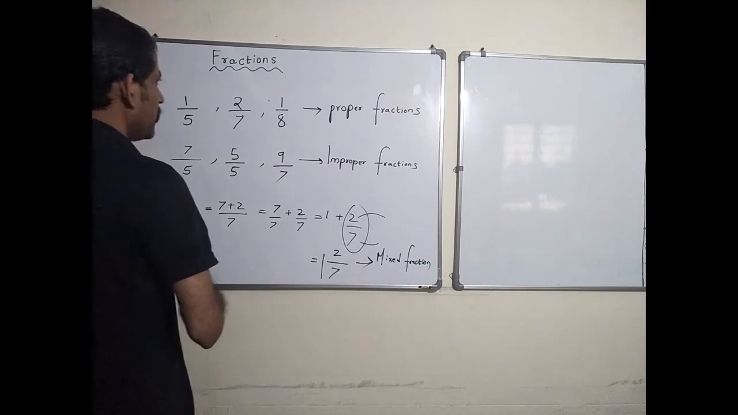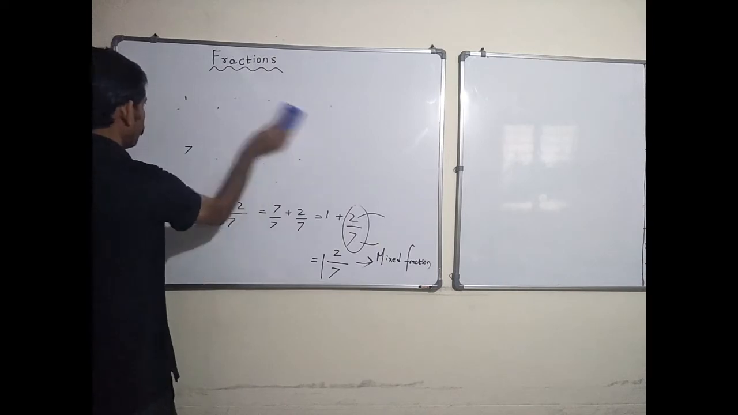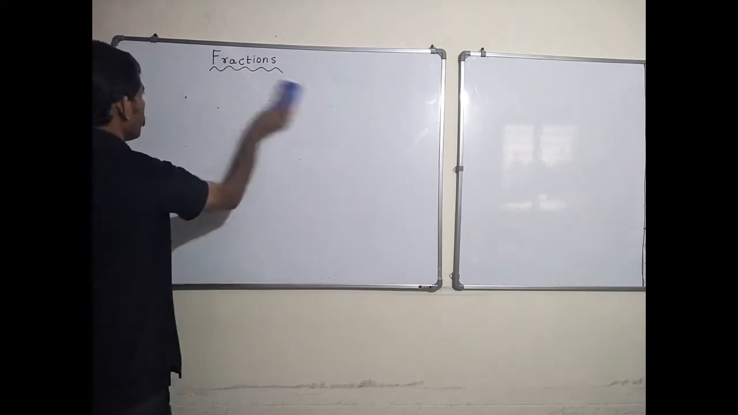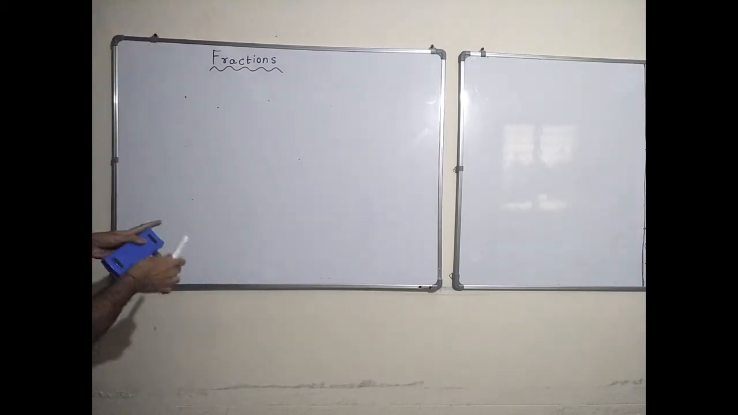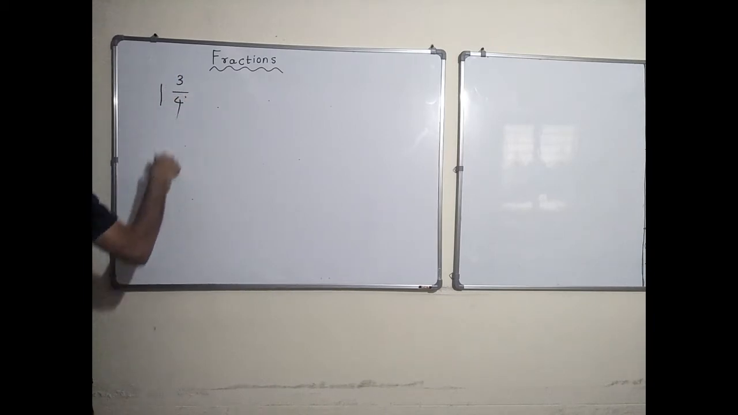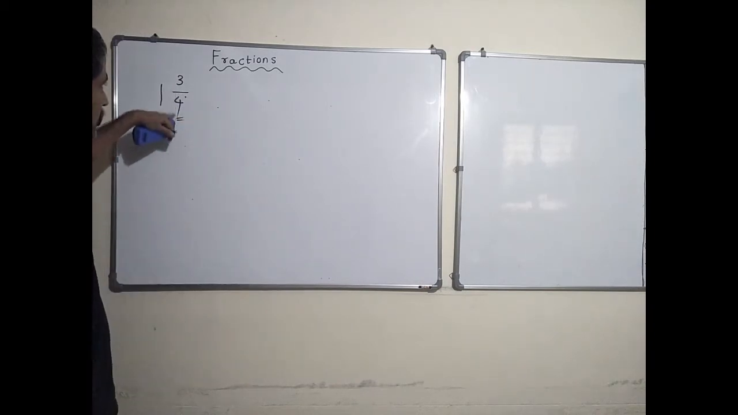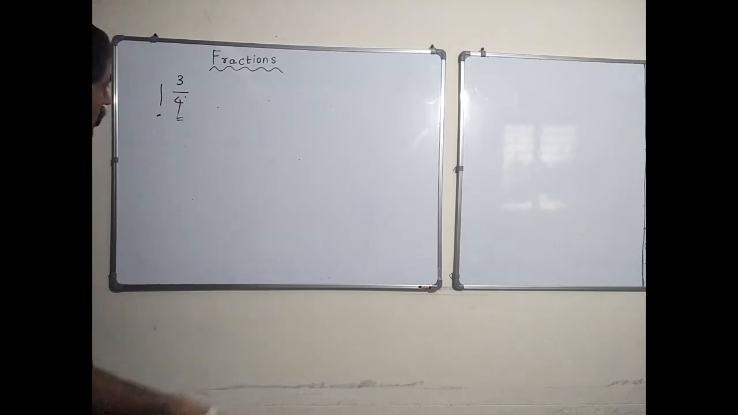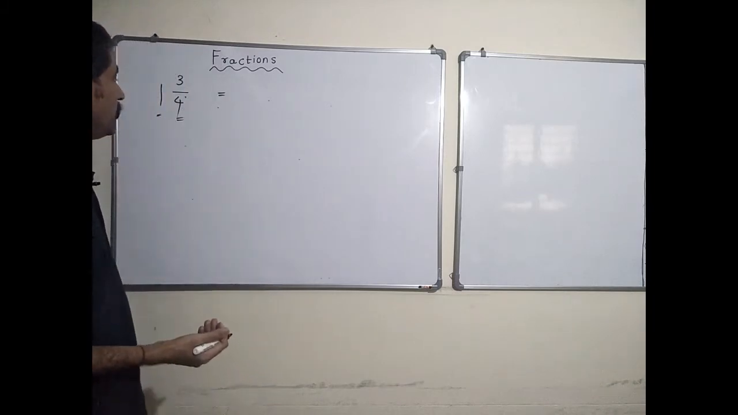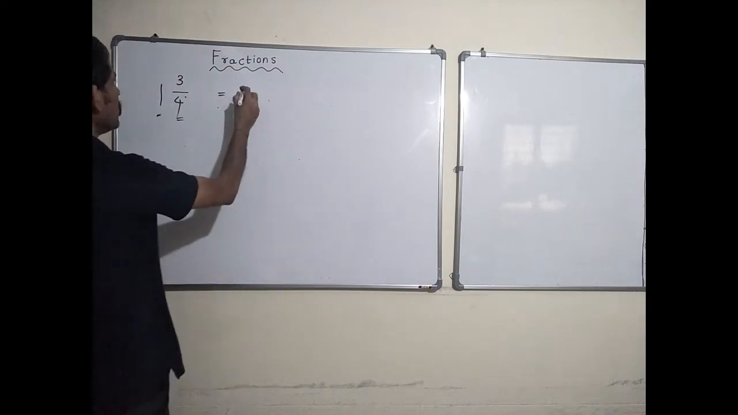Let's take some more examples. 1 3/4. Now this consists of an integer part and a fractional part, a fraction which is a proper fraction because numerator is less than denominator. I am asking you now to convert this into an improper fraction. Okay, so how do we do that? The way we do that